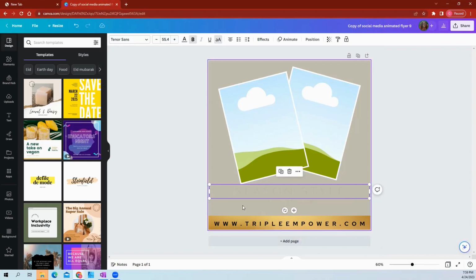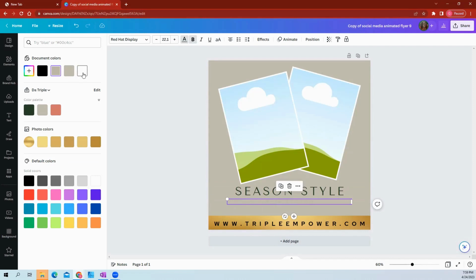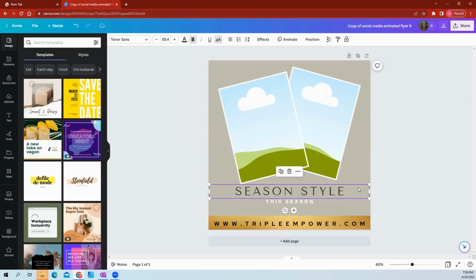And as you can see, when I change my background to my branding color, you can't see the words. So I'm going to change my words to a different branding color. I'm going to use white. And also look at how the box is spread out. I actually like my box where it's